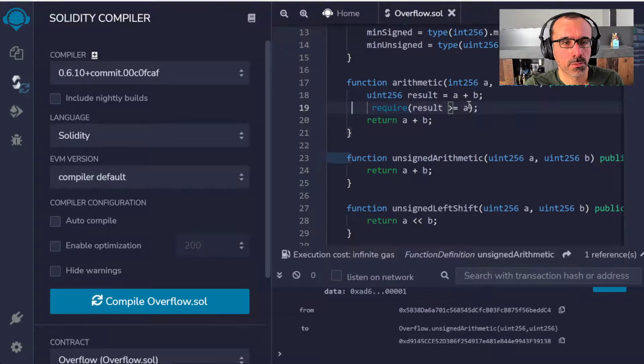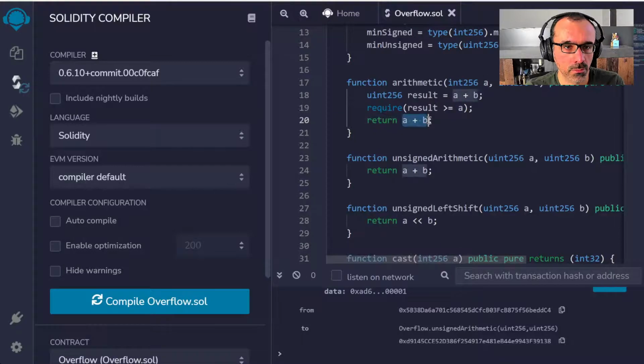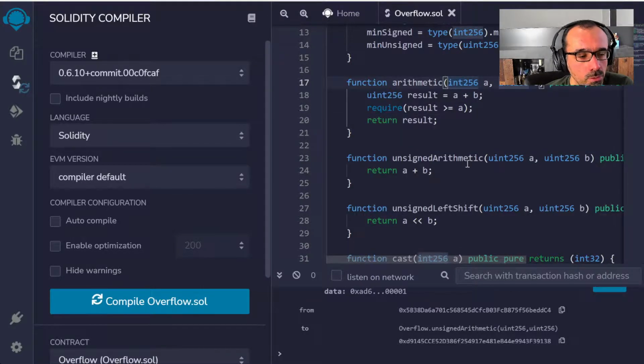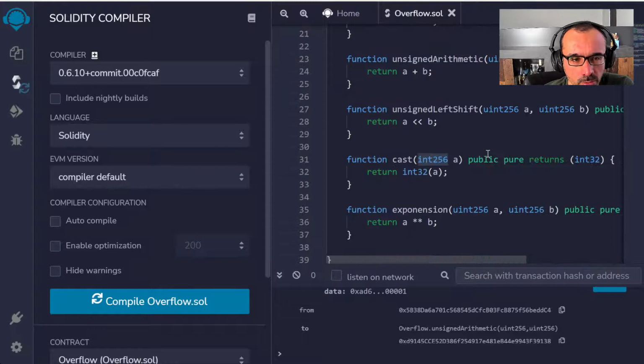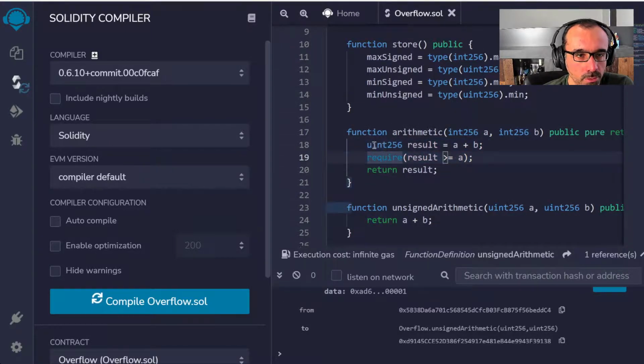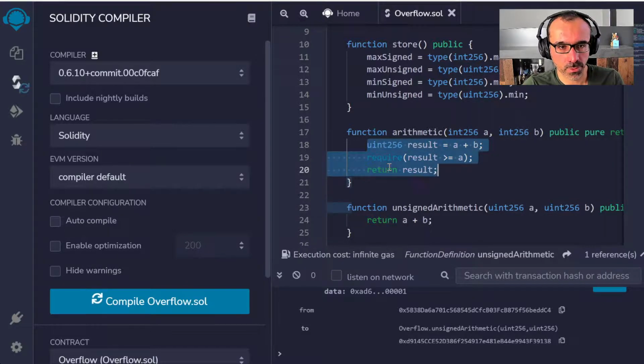If this requirement doesn't kick in, the thing will revert. Maybe it's better if I copy this over to my other function here, the unsigned arithmetic.